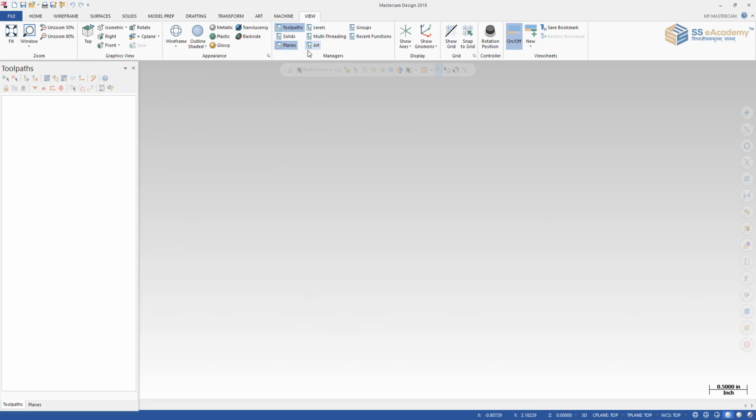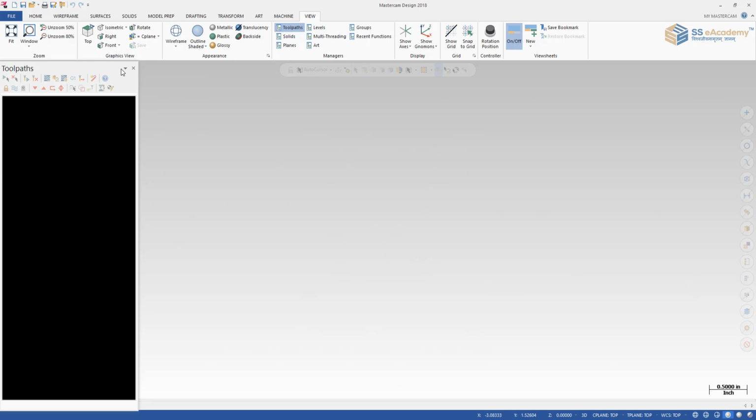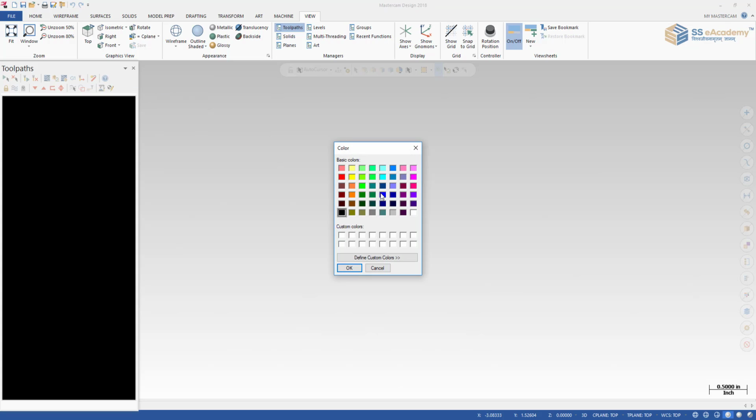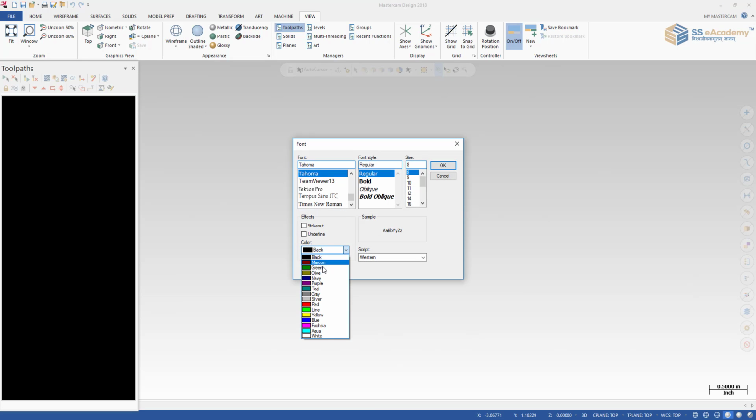You can reselect, so you can see how your window is unhidden. Now you select the toolpath, it will be displayed over here. You can change the background color of your toolpath from here. Suppose I would like to make it black, then click on OK. You can see how it has changed. Then I would like to check the line color, then I can change it from here. I would like to make it green, then it will be considered green. Likewise, the font color, that you can also change from here. I would like to make it white, so it will be white.